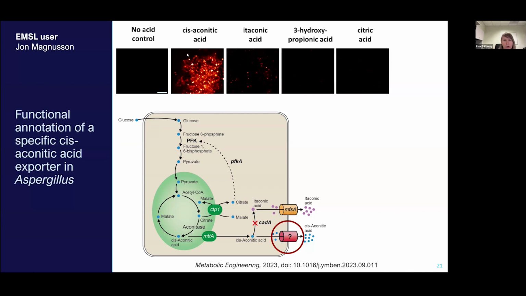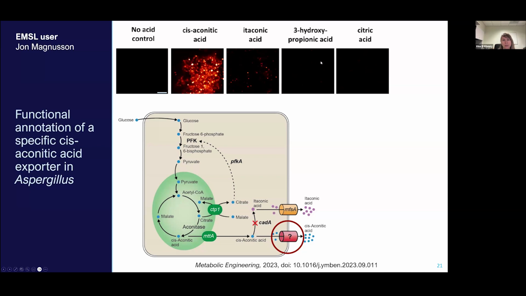And in the case of cis-aconitic acid, when we added it to the buffer, the protein was able to transfer it from outside the buffer into the proteoliposome, and this is what we see as bright reddish spots. These are the proteoliposome bodies themselves lighting up as it's transferring the acid from the buffer to its inside. Of course, you want to have a lot of controls with that, and we substituted this cis-aconitic acid with very similar itaconic acid, and we can see an immediate drop in transport efficiency, like 15-fold, so it's quite specific. We also tested a few other acids, such as